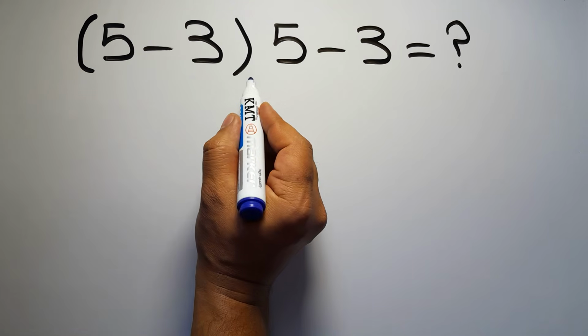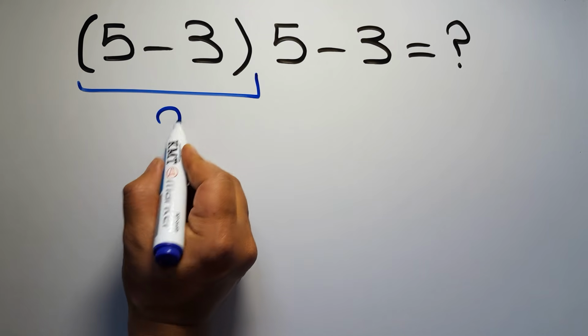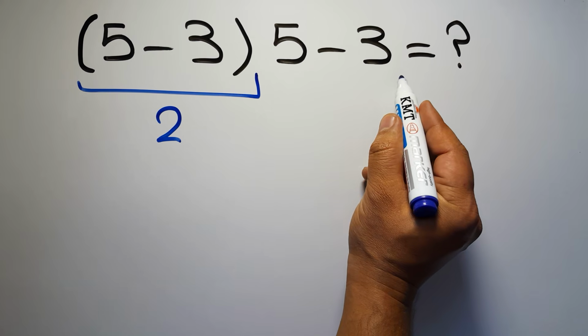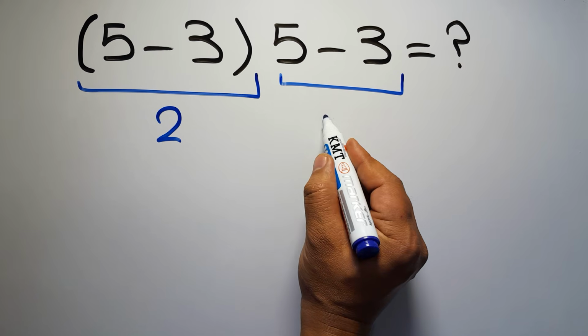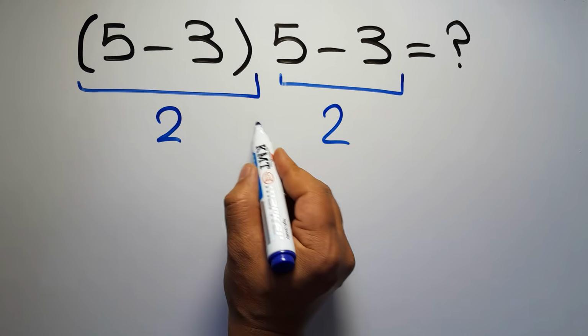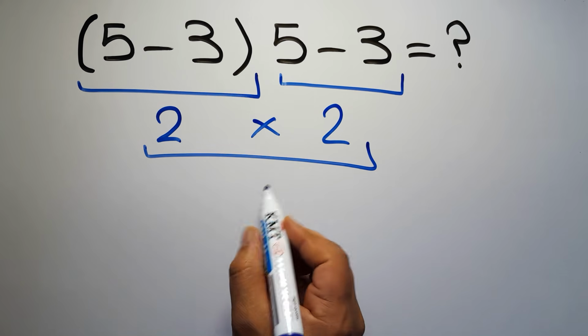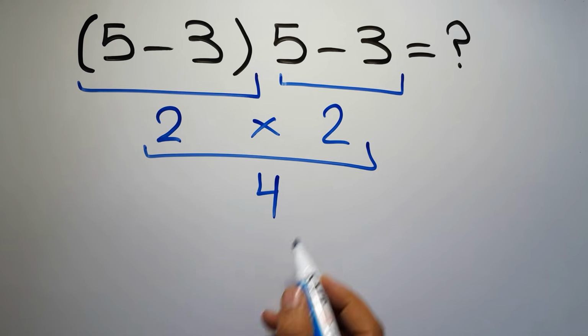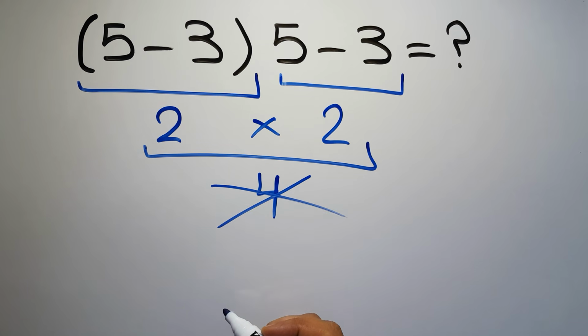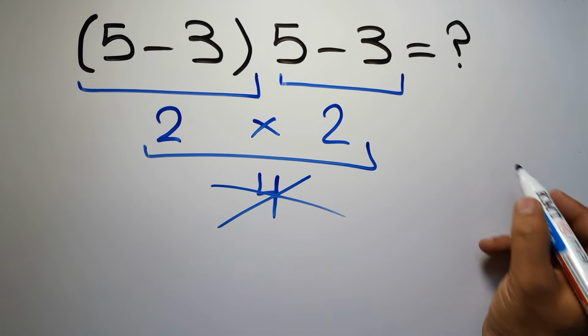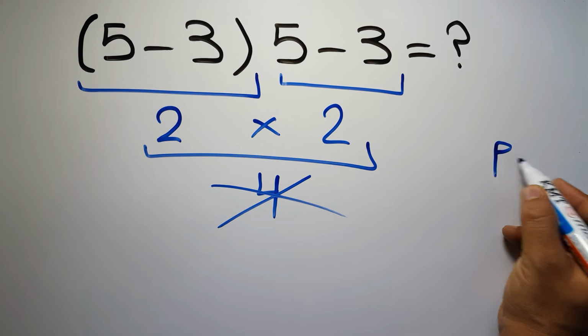5 minus 3 equals 2. And again here we have 5 minus 3. So 2 times 2 equals 4. But this answer is not correct, because according to the order of operations, first we have to do parentheses, then